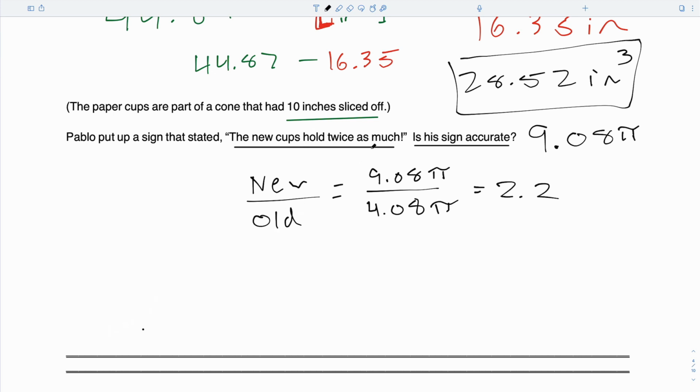So technically it's not like it's wrong. It's wrong. It holds more than